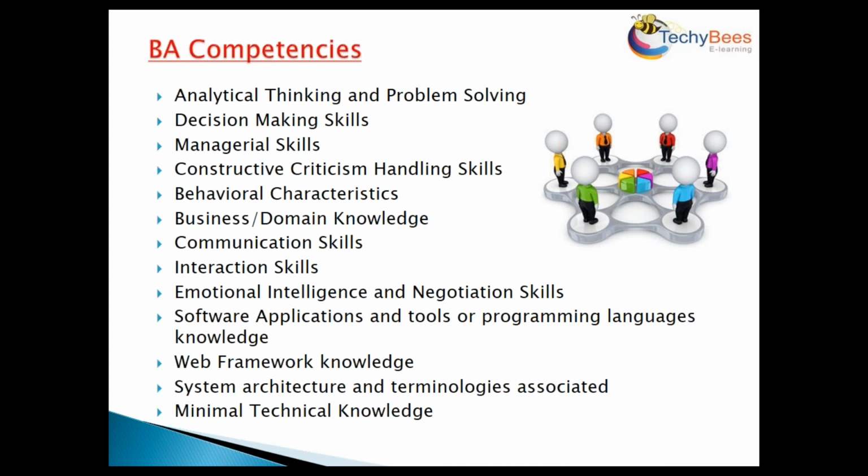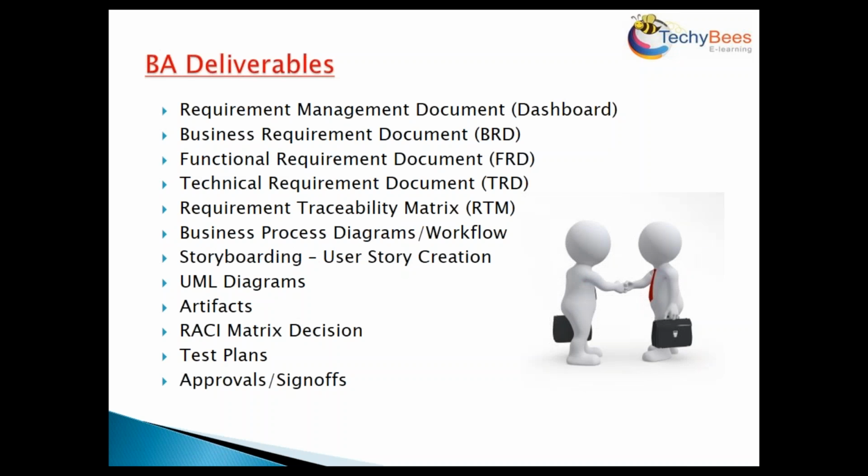So here's a brief description about the various competencies that a business analyst should have. A business analyst should be good at dashboarding, requirement management, and the documentation process. When the requirement gathering is done, there are different phases in which the requirement is broken down. The first level business requirement is documented in the business requirements document, and then you divide it into functional and non-functional requirements. Once the requirements are gathered, next you have to work on the functional system design.